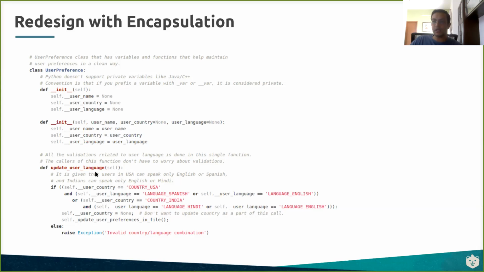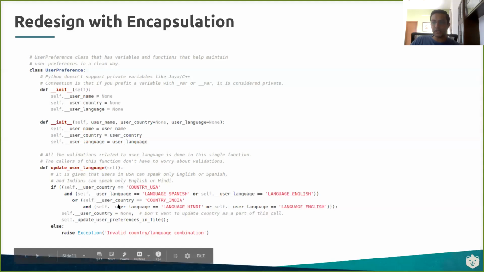And now this is the important one, right? You say update user language, which is now saying everything that has to do with updating my private field, which is the user language, has to happen through this method. It says you will not be any external guy directly accessing these variables. Instead, you will invoke me to do that, right? We would have created an object with the username, language, country, and say update user language.